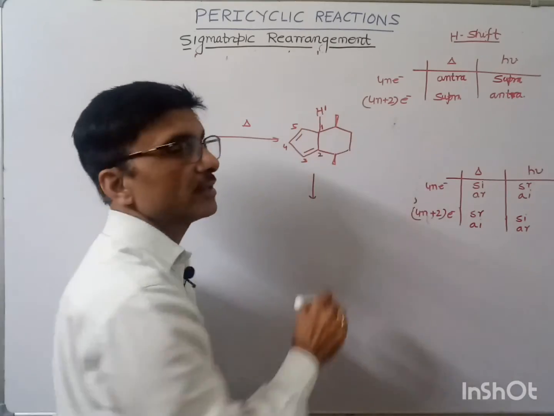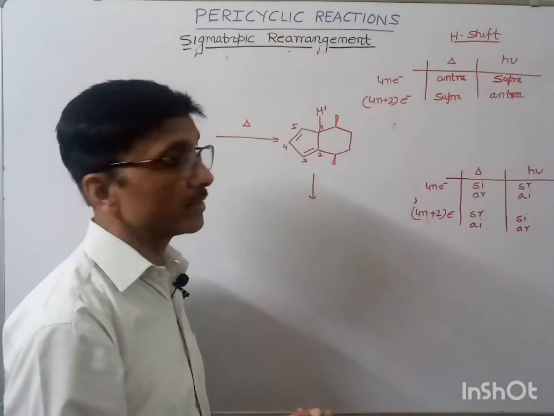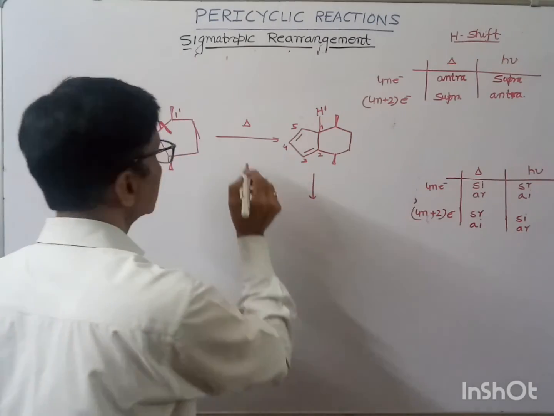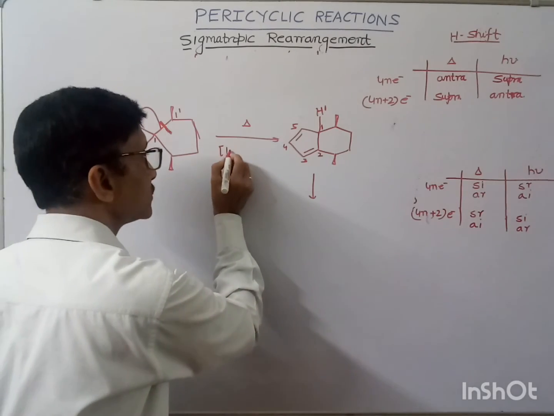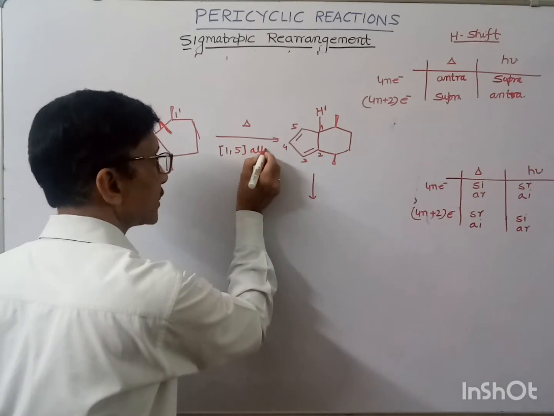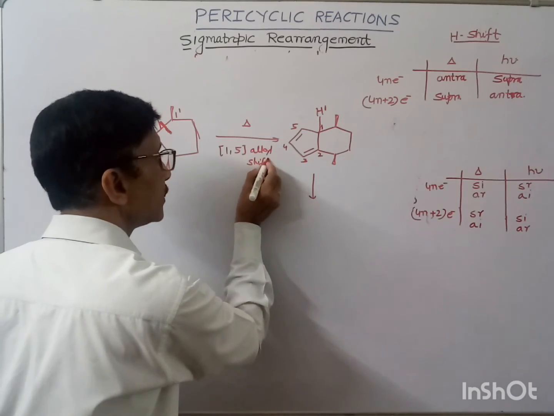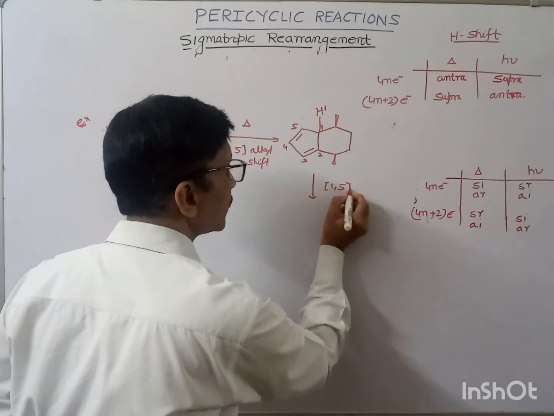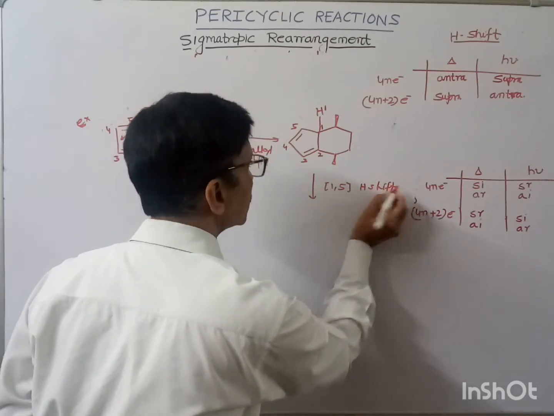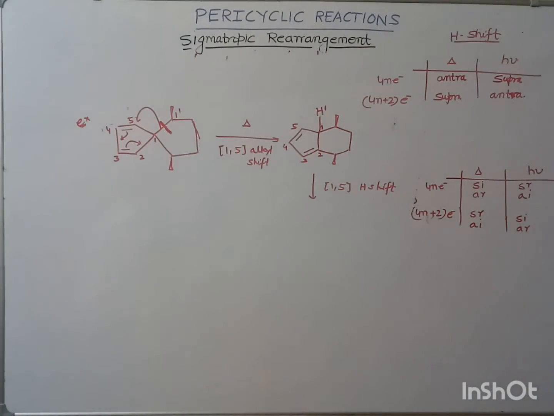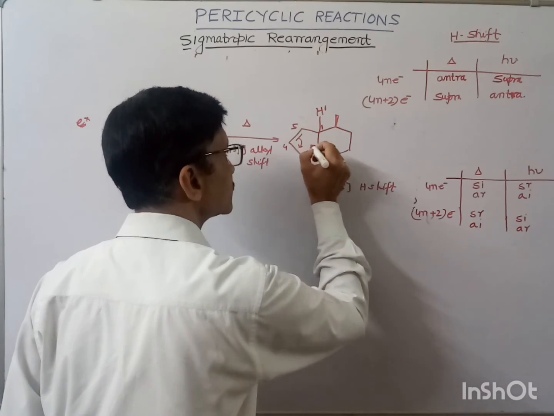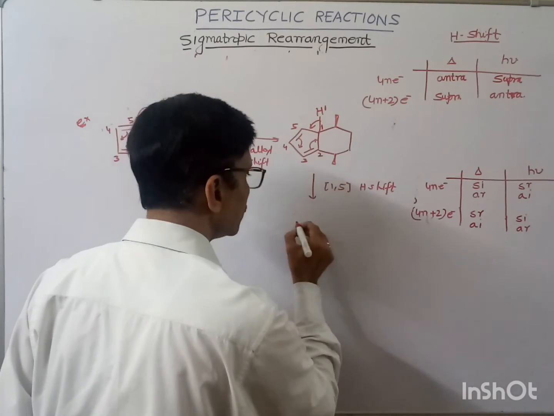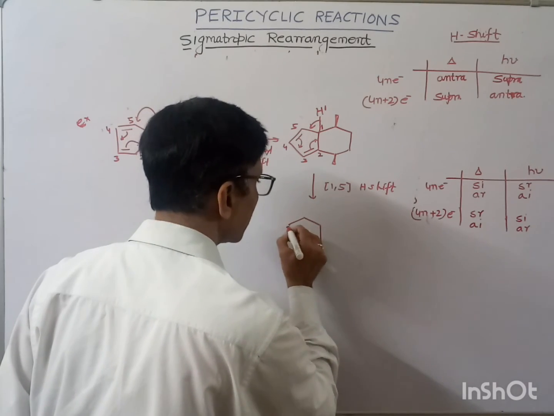Okay, so this 1-1 bond will break again. Again a sigmatropic hydrogen shift will take place. So here the sigma 1,5 alkyl shift. Here you can see a 1,5 alkyl shift has taken place, and here a 1,5 hydrogen shift will take place. The hydrogen shift will take place over here. Now it will shift, this bond will break, and after this what you will get, this will shift over this place, and finally